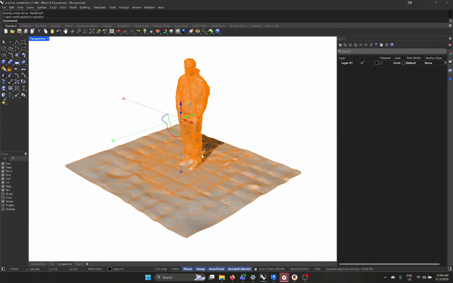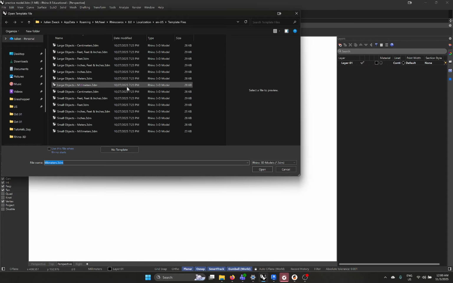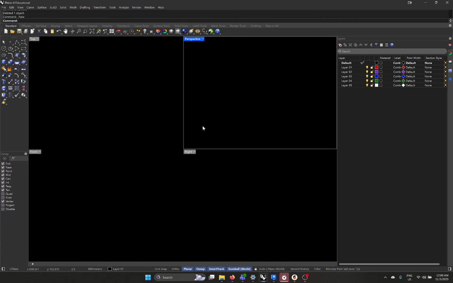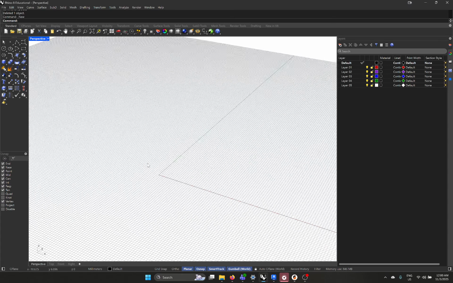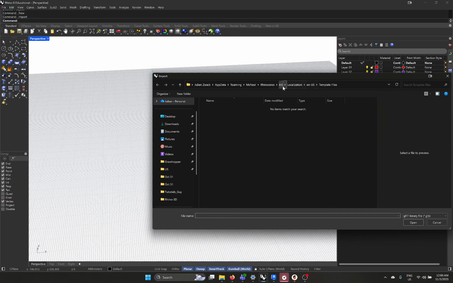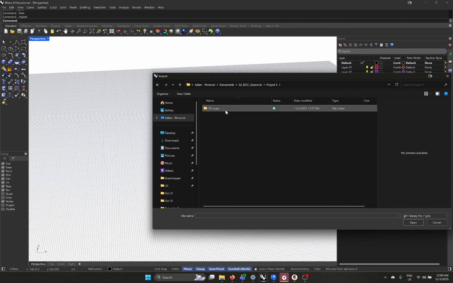So first things first, we're going to start a new file in Rhino, and we'll do a small objects millimeters. Once we're in there, we'll go File, Import, and then we want to find where we put our file. So I'm going to go to my 3D scans, and then here I've got a scan